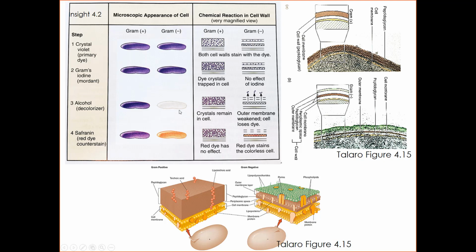And we could view them at this point, but if we did, we would not be able to see the gram-negative cells because we have stripped all the stain back out of them. And so we use a counter stain, in this case safranin, because it's pink and it's a weaker stain, and the safranin will stain the gram-negative cells. It will stain the gram-positive too, but because it's pink, it won't overpower the purple, and so we end up with two different color cells. We end up with pink for gram-negative and purple for gram-positive.